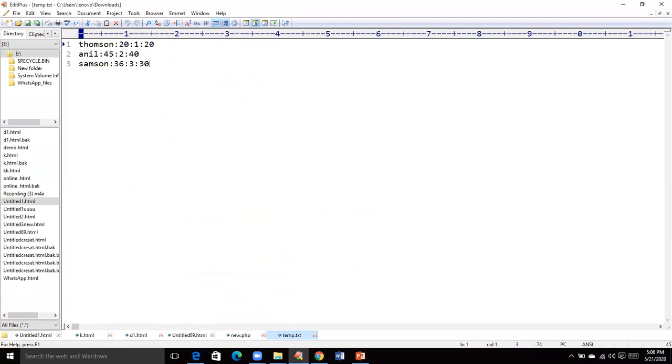You cannot display Samson because the value will be less than 25, but the question asks for greater than 25. So you have to put that condition.